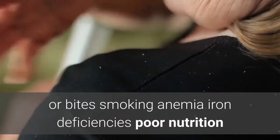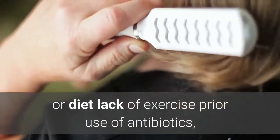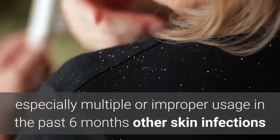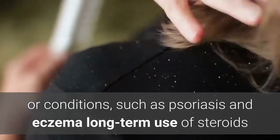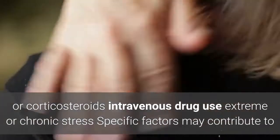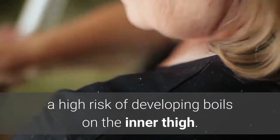smoking, anemia, iron deficiencies, poor nutrition or diet, lack of exercise, prior use of antibiotics, especially multiple or improper usage in the past 6 months, other skin infections or conditions, such as psoriasis and eczema, long-term use of steroids or corticosteroids, intravenous drug use, extreme or chronic stress. Specific factors may contribute to a high risk of developing boils on the inner thigh. These include: